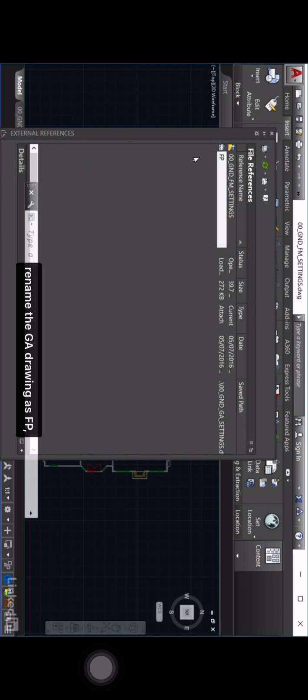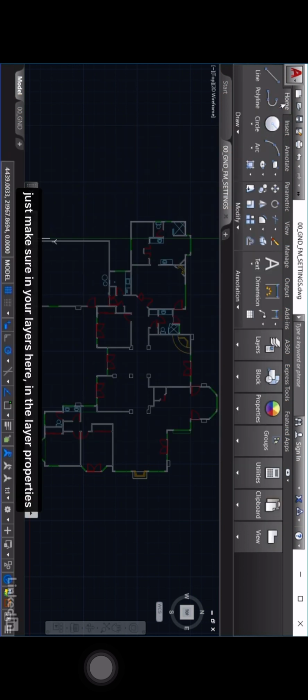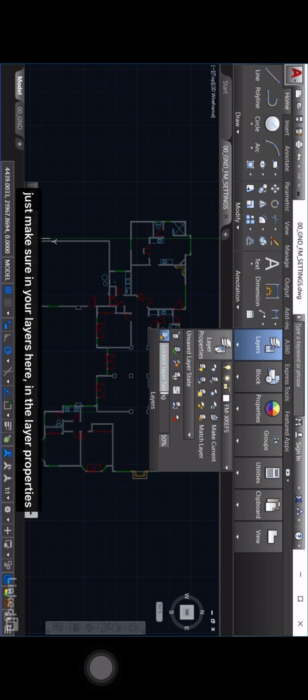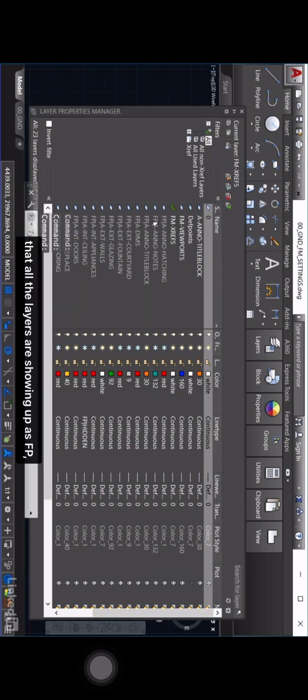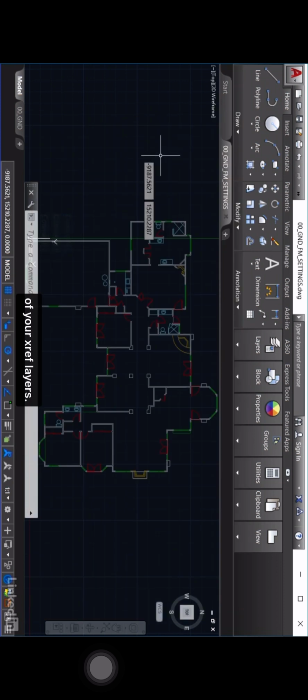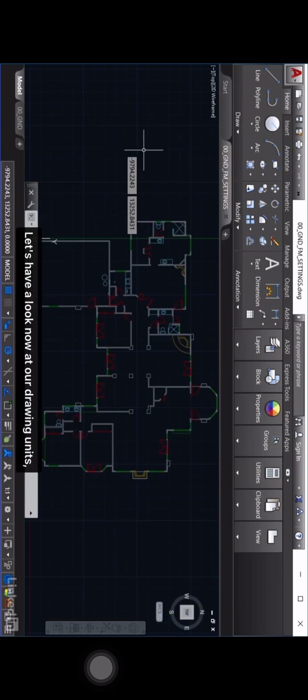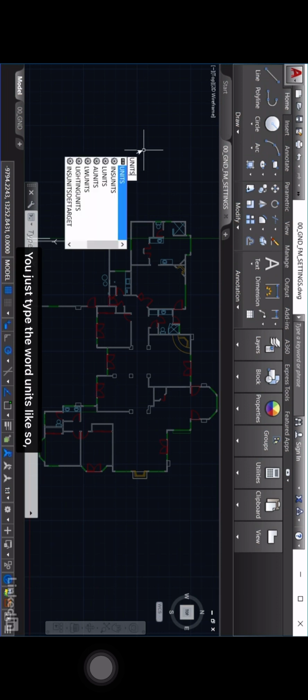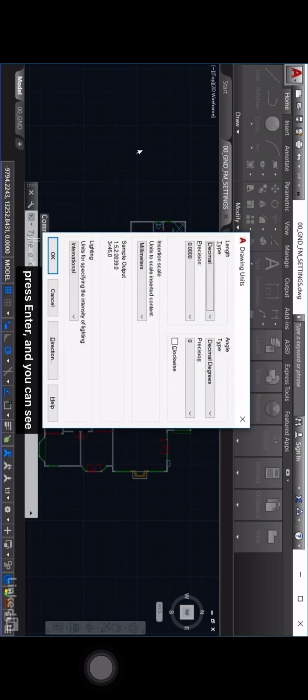So you want to reference in the GA drawing, rename the GA drawing as FP, and then as a final sanity check, just make sure in your layer properties that all the layers are showing up as FP, Facilities Plan, for your layer management of your XREF layers. So let's have a look now at our drawing units. Very quick and easy. You just type the word units like so, press enter,